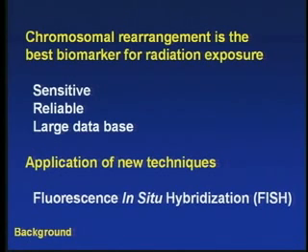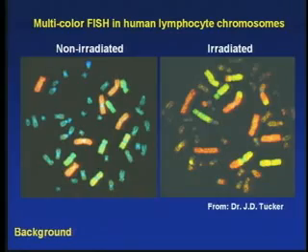Now, in addition to the classical morphological observation of chromosome aberration, you can use one of the new techniques. This is not new anymore. This is at least 20-some years old. The FISH technique, which will give you additional information beyond the simple gross morphology. In this case, if you can paint the individual chromosomes with different colors, for example, cells without radiation will show a uniform color distribution on each individual chromosome. After radiation, if you have an exchange among different pieces of chromosomes, you get a mosaic of colors,